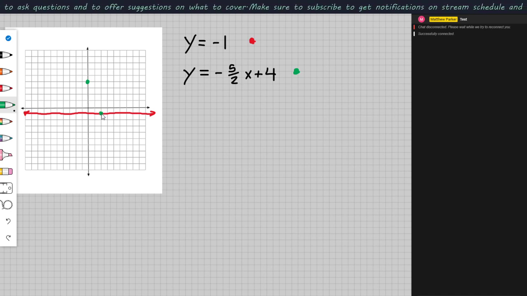And then I'm going to go down 5 more, and over 2. We're not going to fit there, so we'll go up 5, and back 2. So again, I'm going to try my best to make